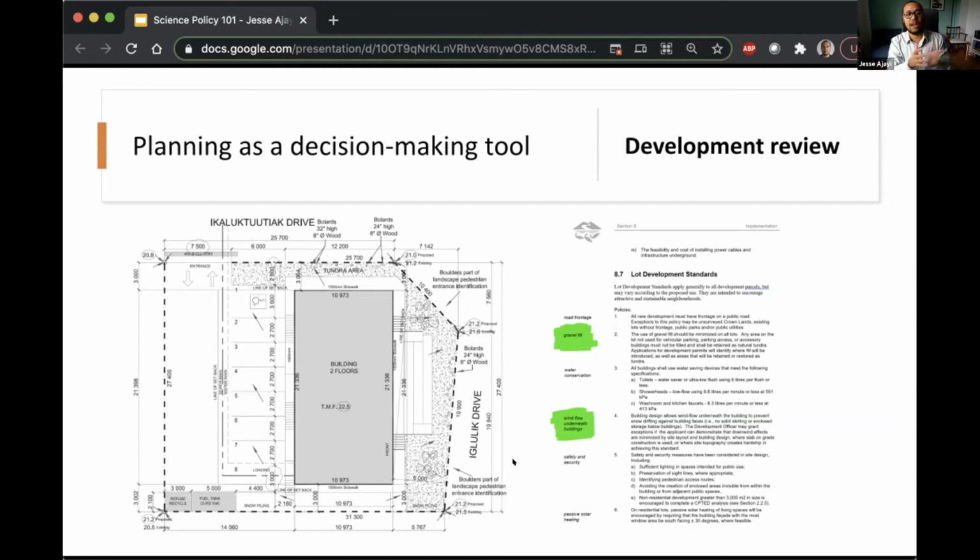We receive a plan and we're checking, and these plans are required for every development. We're checking for exactly whether the proposal for what gets built meets our ideals and meets our objectives. And so that's, at the end of the day, how the policy actually influences what gets built. If the plan does not follow the policy, we send comments back and they revise their plan. And that's how we actually change what gets built.